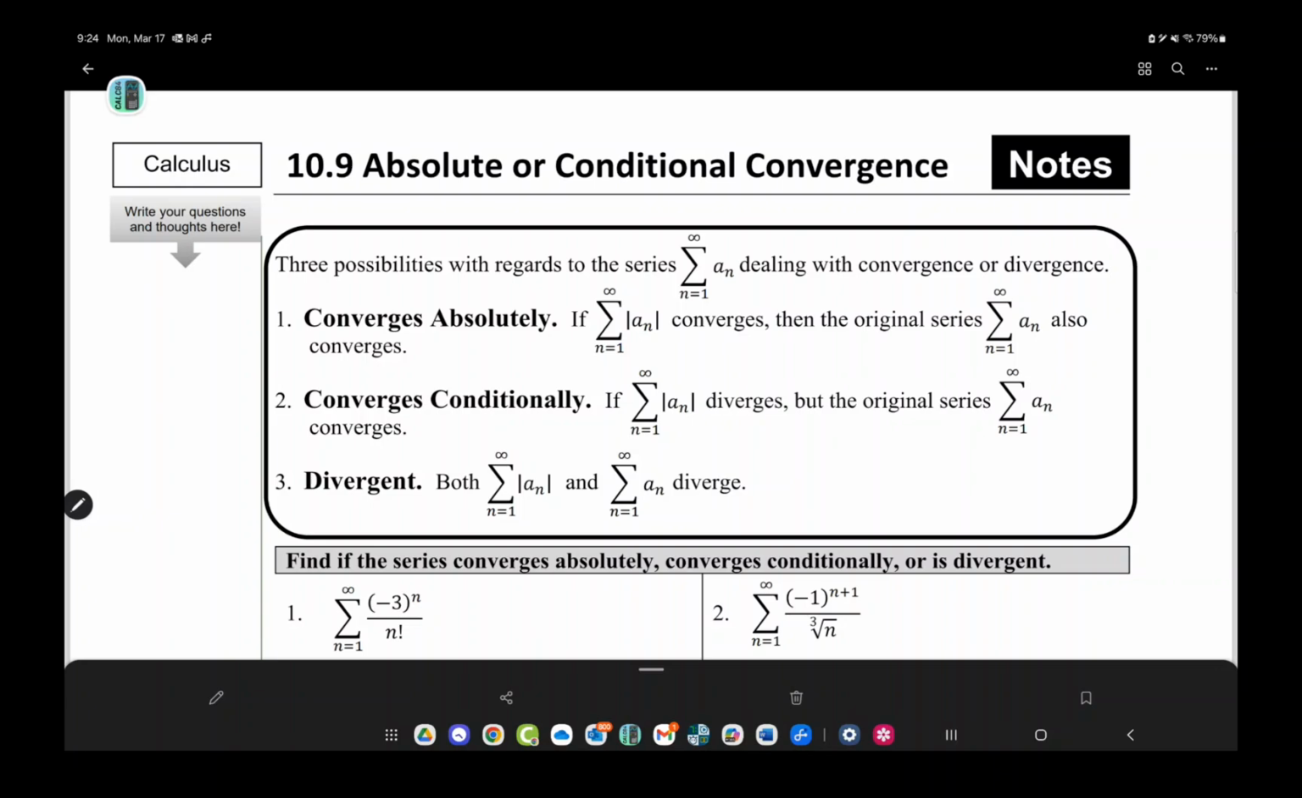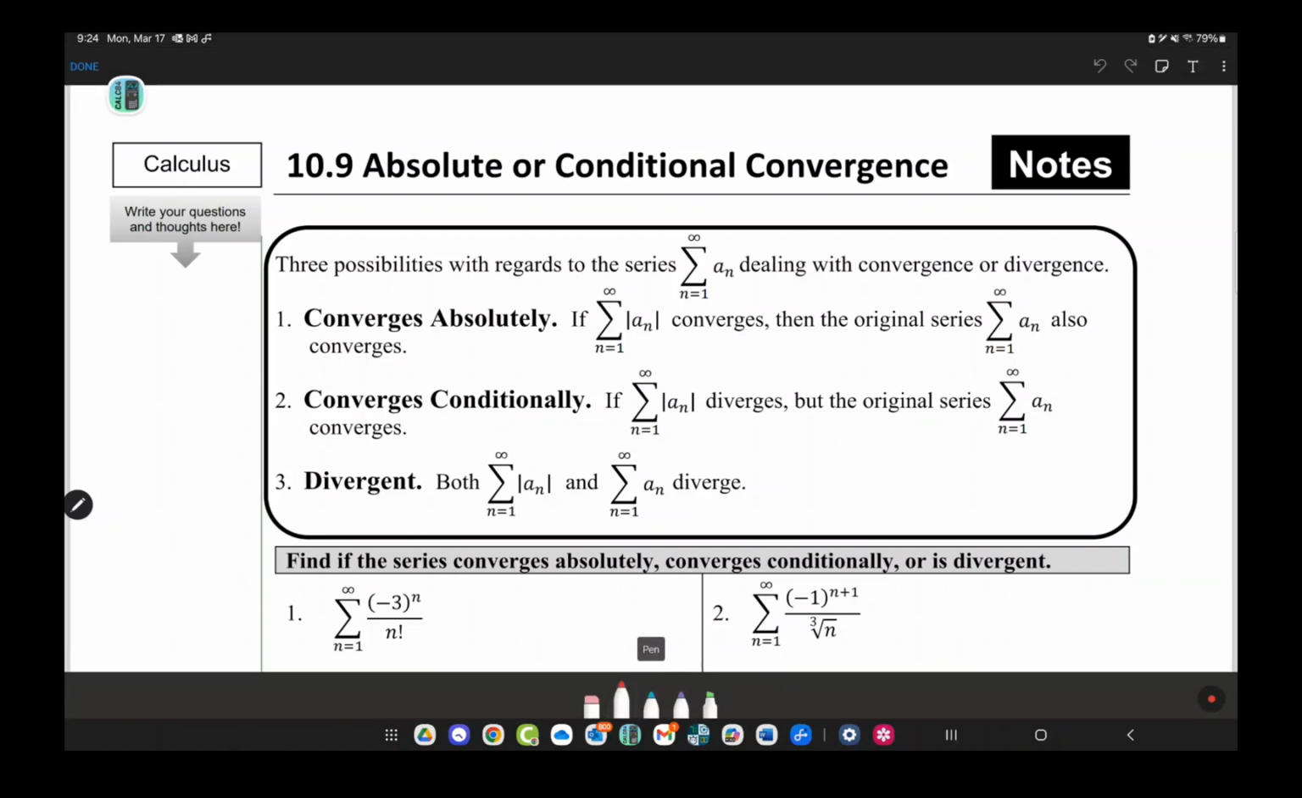So today we're talking about absolute or conditional convergence. Okay. So three possibilities with regards to the series, n goes from 1 to infinity, and then dealing with convergence or divergence. One, right? The series converges absolutely,